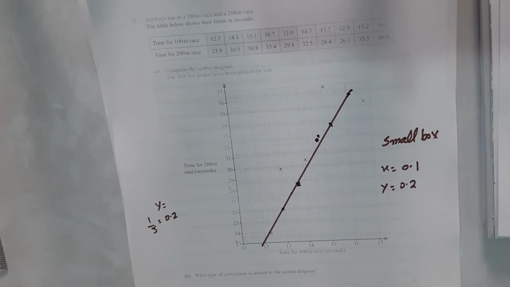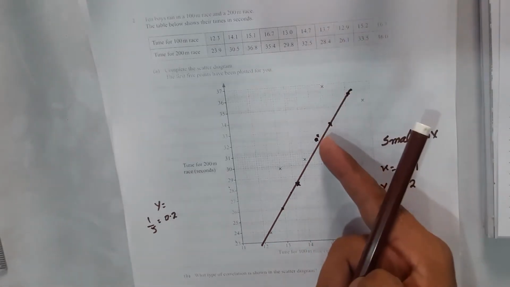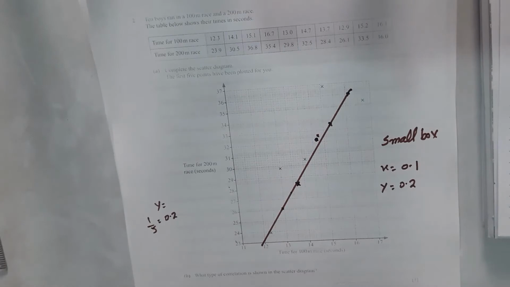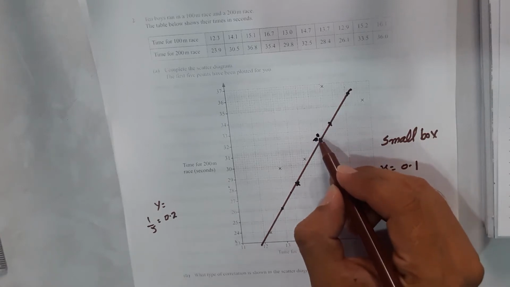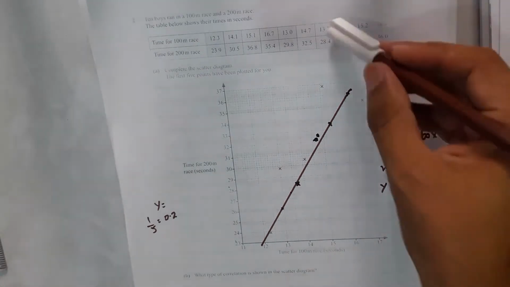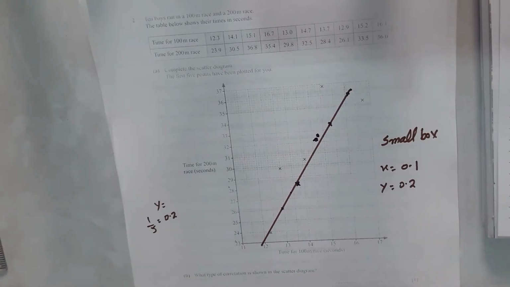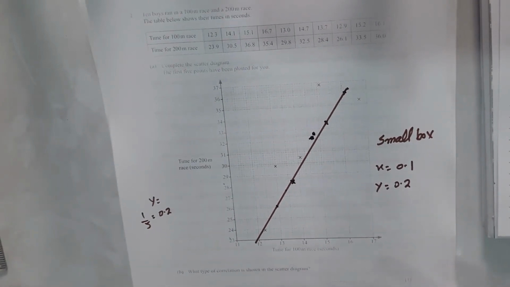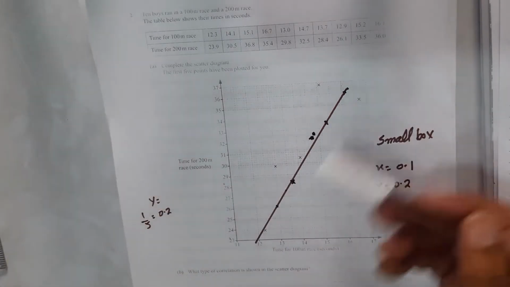So 14.7 and 32.5. I have plotted the point here. This is your scatter point, not this. Excuse me for that point. This is your point. Then 13.7, 29, plot all the points which are given to us. I have plotted them. 5 points have been plotted for you, the rest are plotted by me.